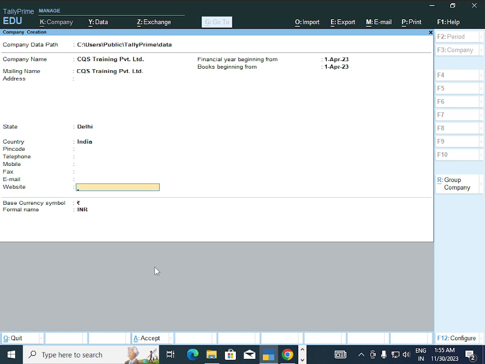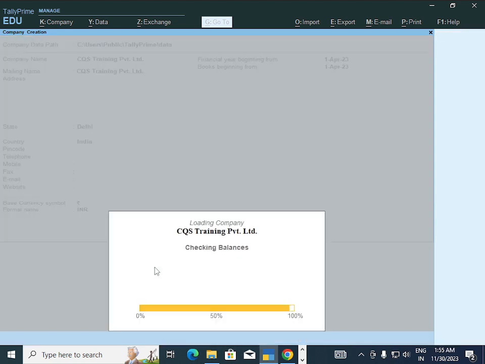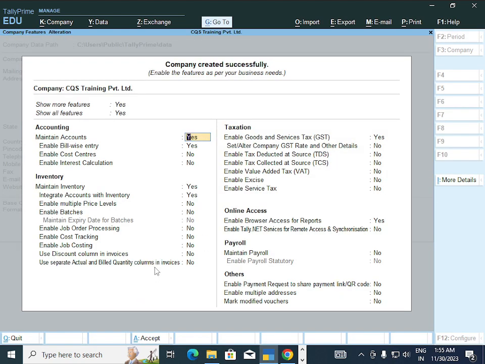The rest of the details are not mandatory to fill right now. That's why I skipped it, and after all this we need to accept. After acceptance, company info configuration will be activated, and press enter.